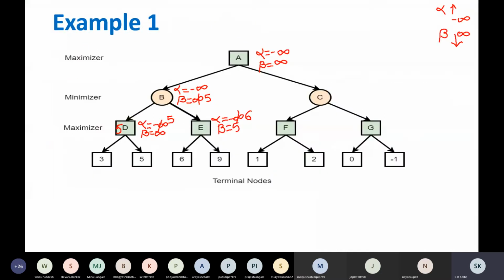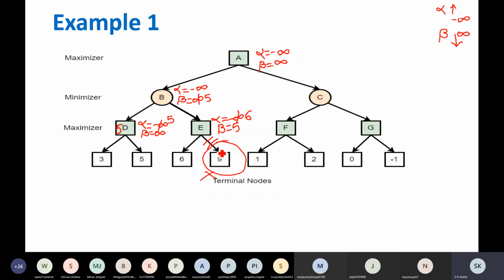So same situation out here, we have alpha value is 6 and beta value is 5. You are at a max node. So here you can stop the search. What will be the effect of that? You are going to stop this and backtrack. So you are going to prune this branch. I will show it in this way, 2 parallel lines. So this node you need not explore. We have not generated this node, and eventually this may be connected to other nodes, and that you need not go through.